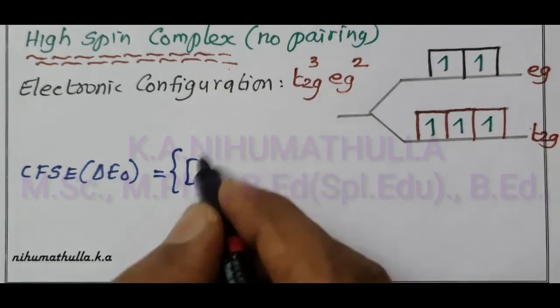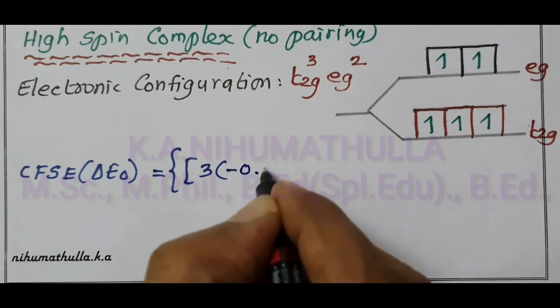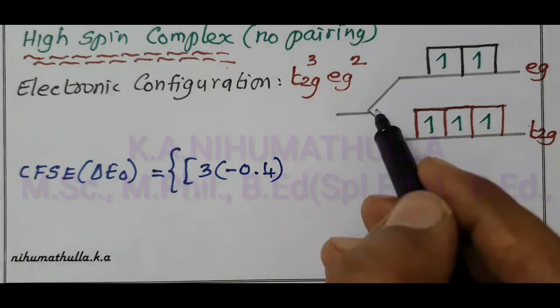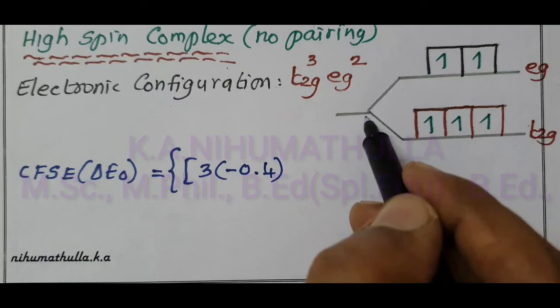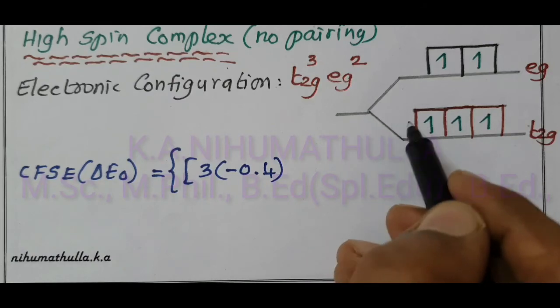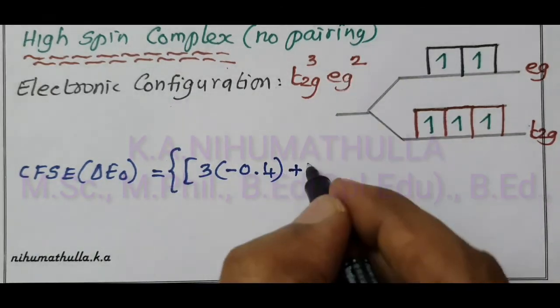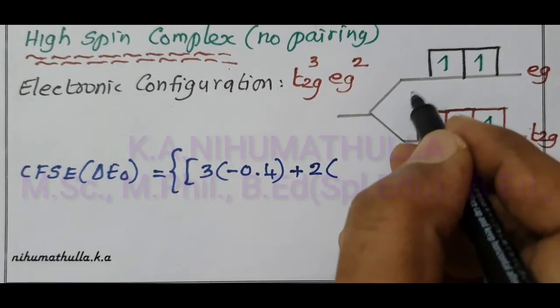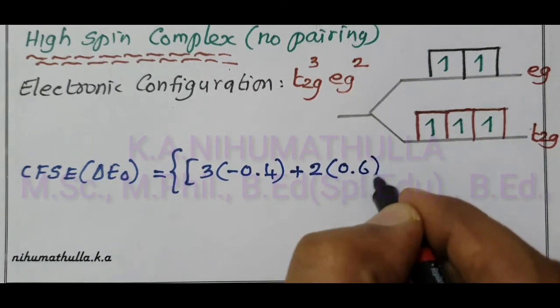Number of electrons in t2g is 3, and the coefficient is minus 0.4. How do you get this minus 0.4? The energy decreases; out of a total of 5 orbitals, 2 points decrease, so minus 2 by 5, which gives minus 0.4, times the number of electrons in each orbital. And here the energy increases by plus 3 by 5, that is nothing but 0.6, times